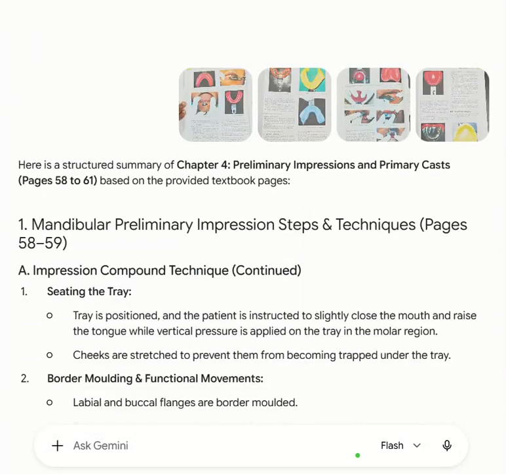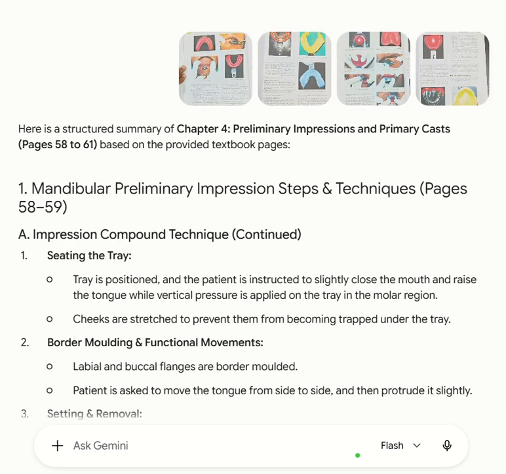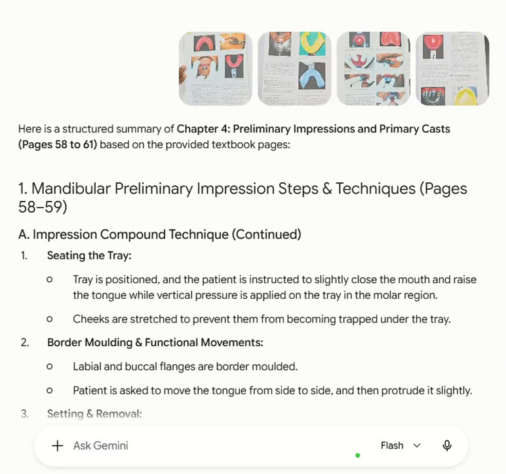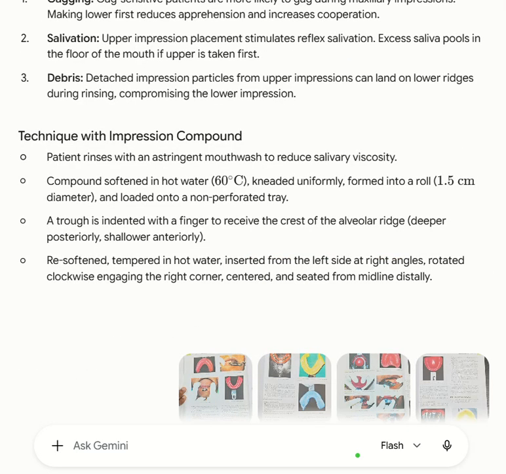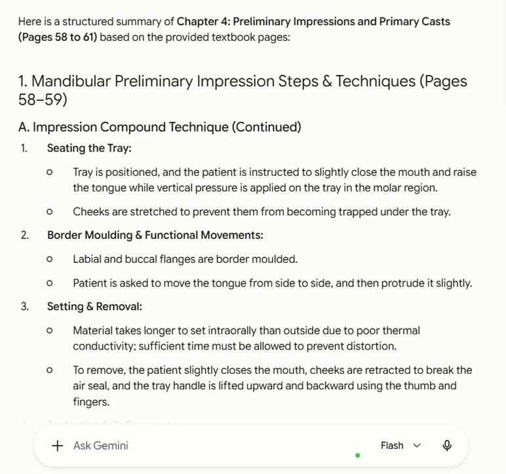Here is a structured summary of Chapter 4, Preliminary Impressions and Primary Casts, pages 58 to 61, based on the provided textbook pages. 1. Mandibular preliminary impression steps and techniques, pages 58 to 59. A. Impression compound technique, continued: seating the tray. The tray is positioned, and the patient is instructed to slightly close the mouth and raise the tongue while vertical pressure is applied on the tray in the molar region. Cheeks are